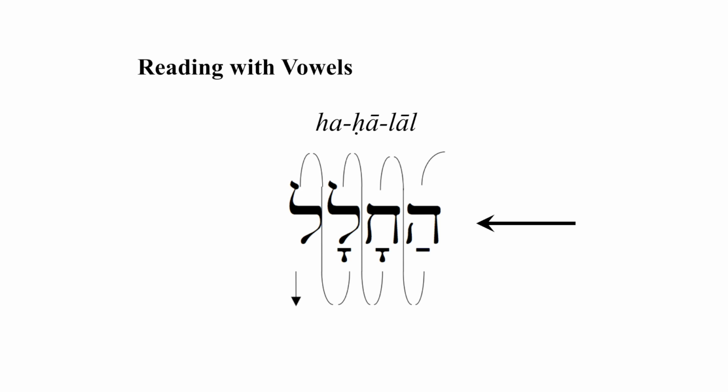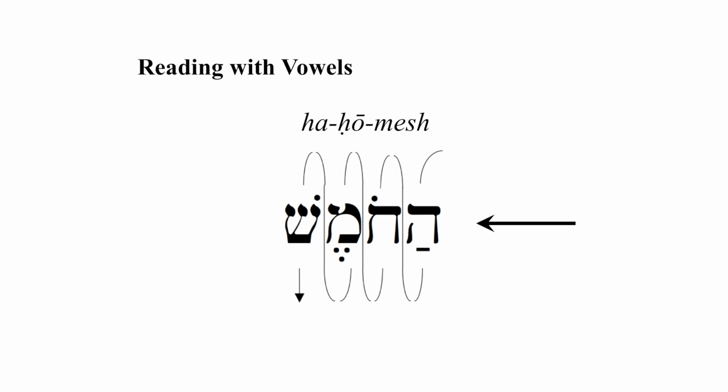Then I move up, and I transition into the last syllable, and I encounter lamed, another A, and then my final consonant, lal. So when I pronounce this whole word, I would say ha-ha-lal. To use another example,